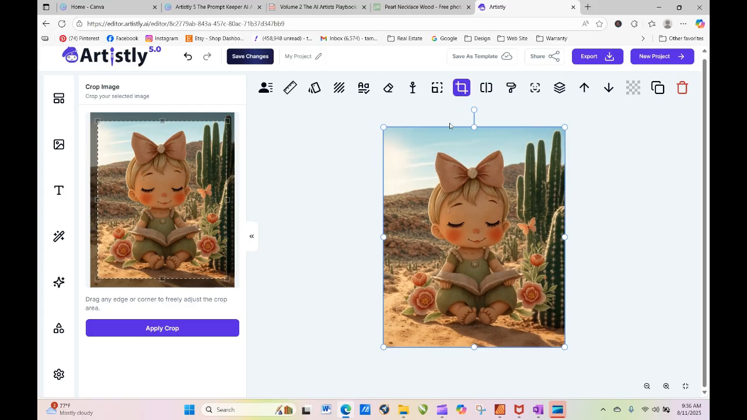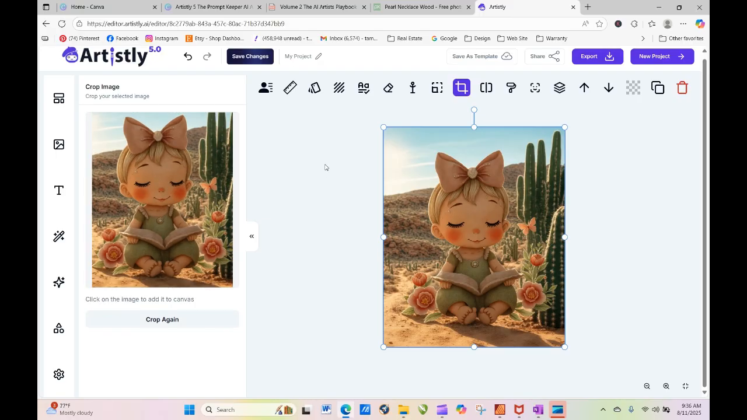This is just cropping it. You have to crop from this window though. So if you wanted to pull it in a little bit, you could crop it. That's always a handy thing to do. So it crops it, and then you have to